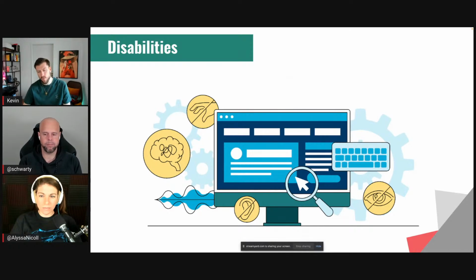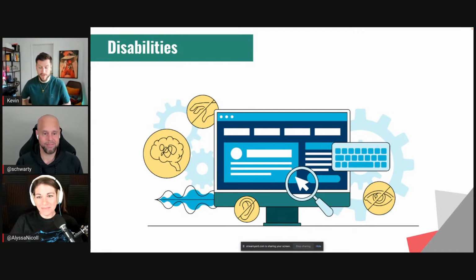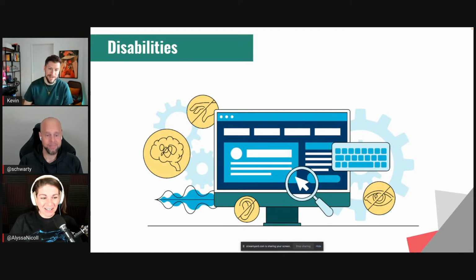So we have 4 major categories of disabilities. One is visually impaired people. As I already said, in this project, I was really meeting visually impaired people. They usually use a screen reader to navigate the page. And I think it takes a lot of skill to correctly use a screen reader. So those people are very, very skilled. Because when I saw how this person uses the web page, I was like, I could never do that. So yeah, my hat off to those people.